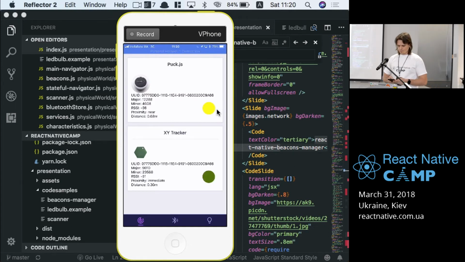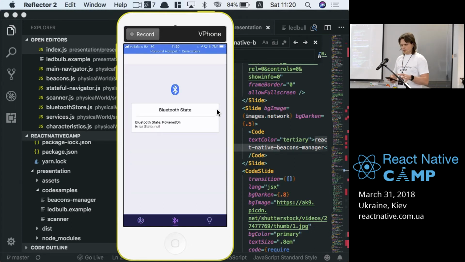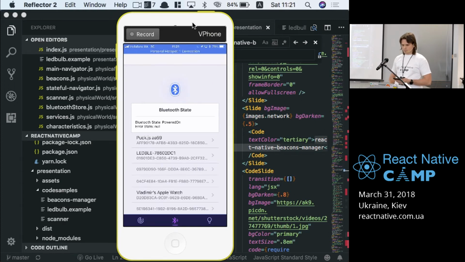So I built this app, which will also be available in the same repo as the presentation, written in React Native, so you can later browse and look at the code. This app basically does the following. When I click on the Bluetooth button, this stuff is slow. Yeah, you see a bunch of devices here.